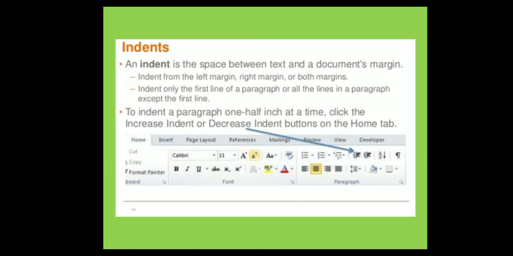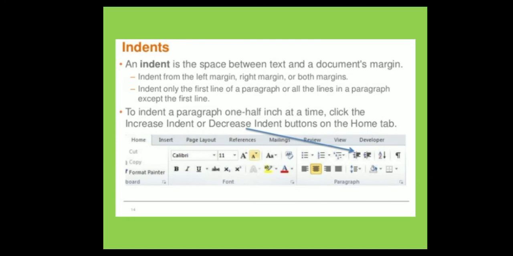Next one, the indents. An indent is the space between text and a document's margin. It means at the starting of the page, how much space is left on the left and right before you start writing. Indent can be from the left margin, right margin or both margins. For example, to indent a paragraph half an inch at a time.